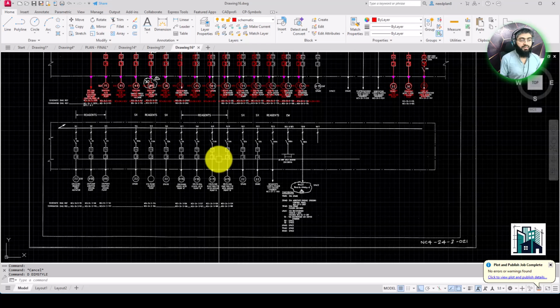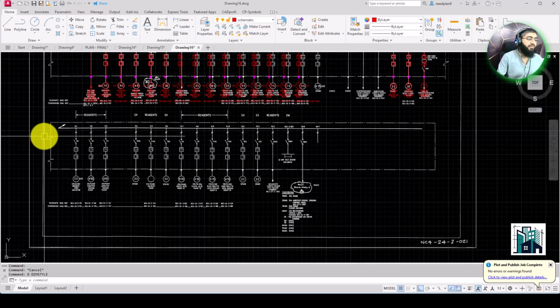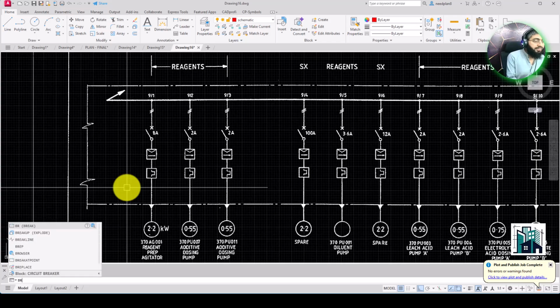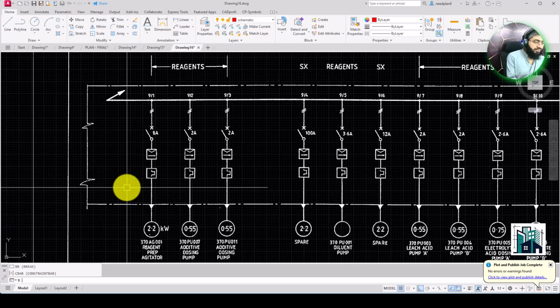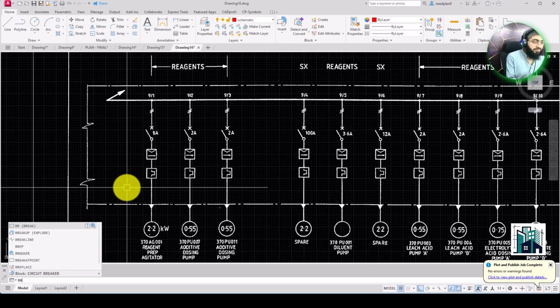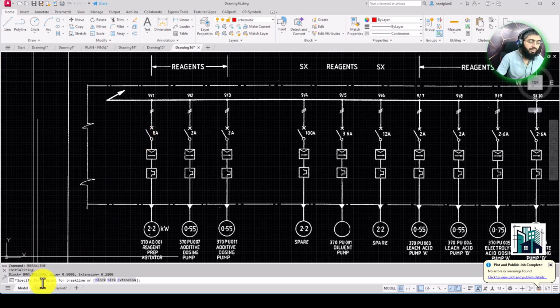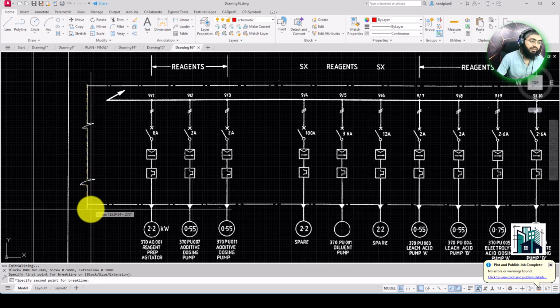Yeah, what I have is this one, the break line. So how can you create this break line? Type BRK, you will see break line here, or you can write BRK, break line. You just have to click the first point and then the second point, or you can give the dimension like 130.